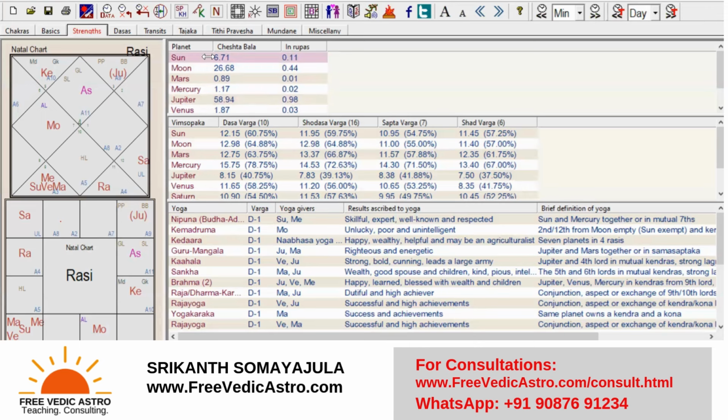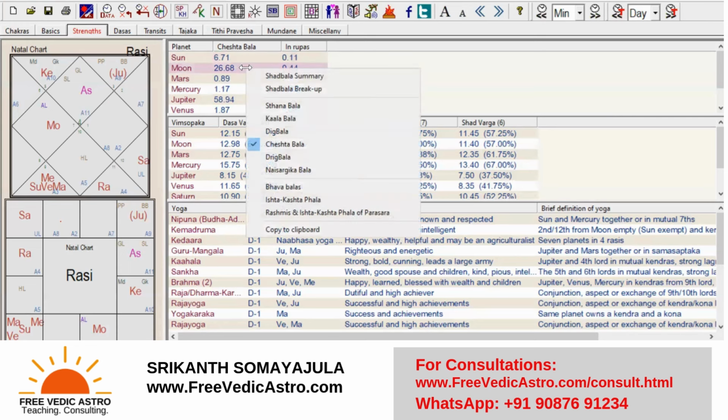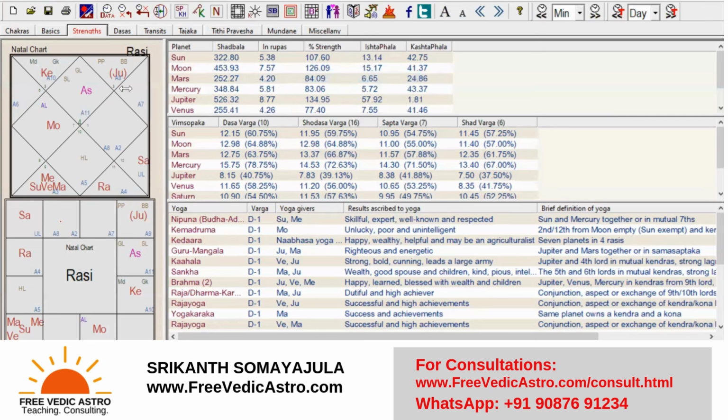If you go by the numbers, there will be a problem. Instead, look at it from the chart and see, okay, I'm not going by the number. Let me just see where the Sun is, where the Jupiter is. Okay, they are exactly in the mutual sevenths. So then you have higher Cheshta Bala. This is already there. You don't have to go to the number. Why go to the absolute number?